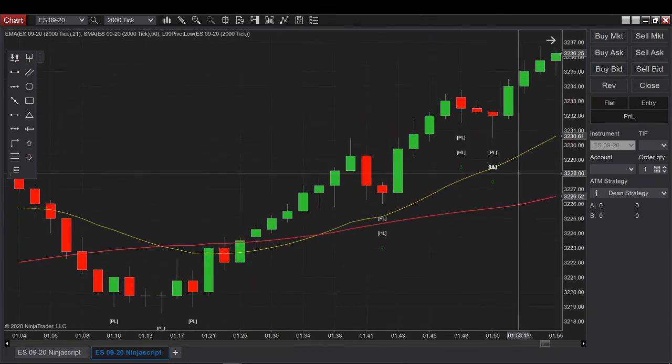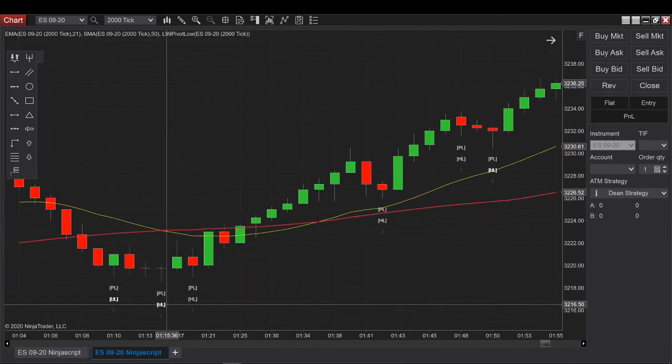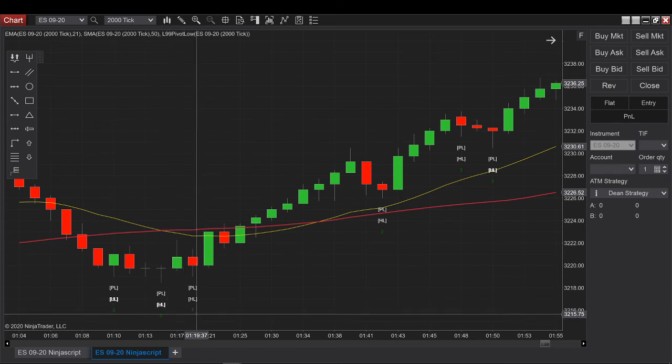So if I go back at the beginning, okay, so I have, this was my higher low, okay, my lower low, sorry. I have then a higher low, 1. I have a higher low, 2, okay, because every time I have a higher low, it increments higher. Then I have a,